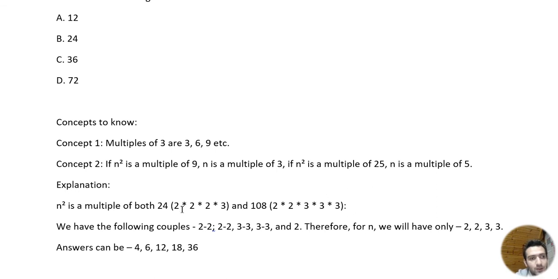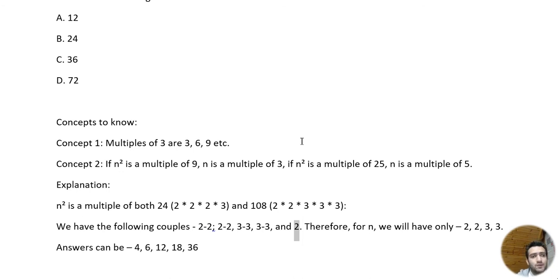There are actually 2, 2, 2, 2, so 2 pairs of 2, and 2 pairs of 3. So for n, the factors will be 2, 2, 3, 3. We will have an additional 2 remaining without any pair. It's okay, we won't consider it for n. So the combinations of these figures will be the multiples of n. If n squared